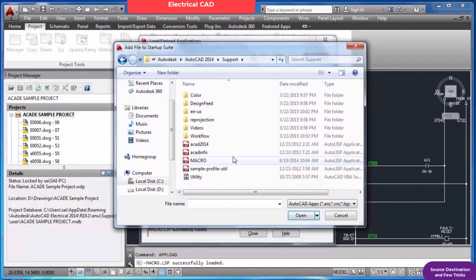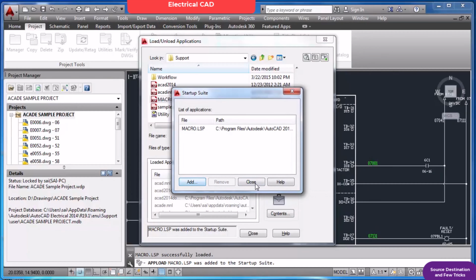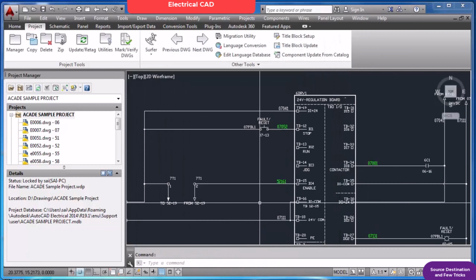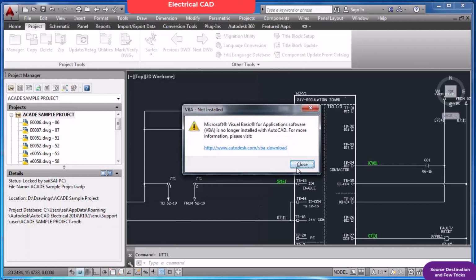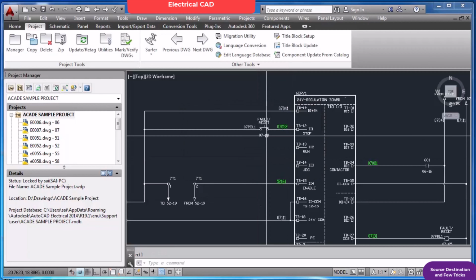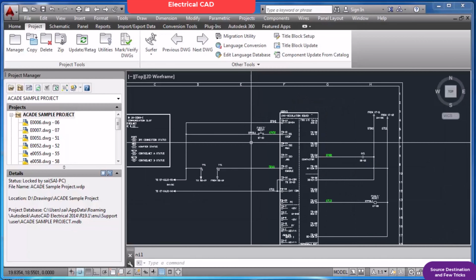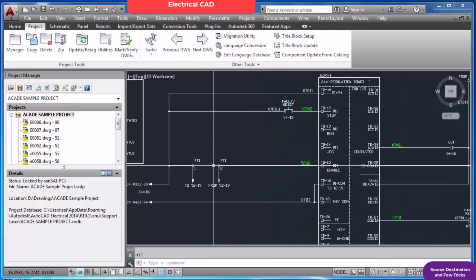Support macro, open, close, close. No, that is not working here, because through some small programs you can update all this